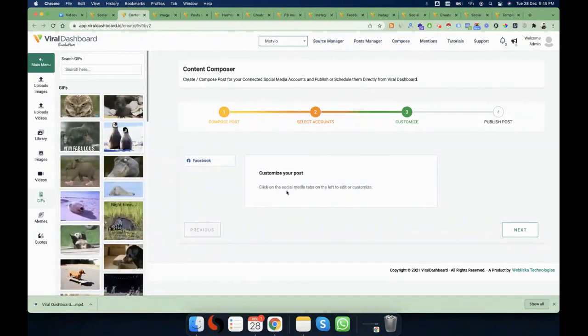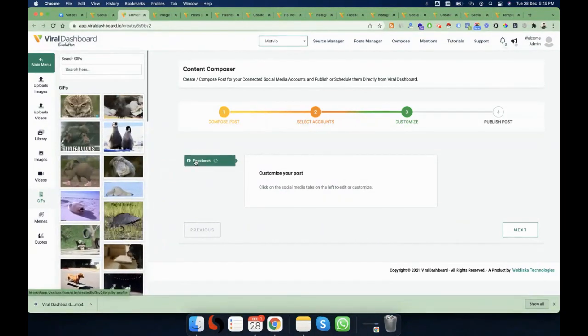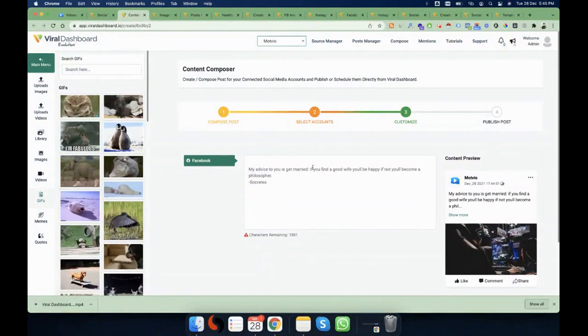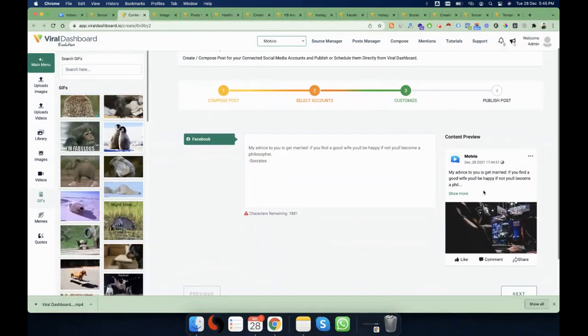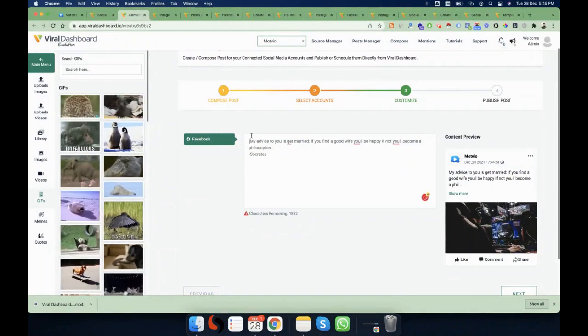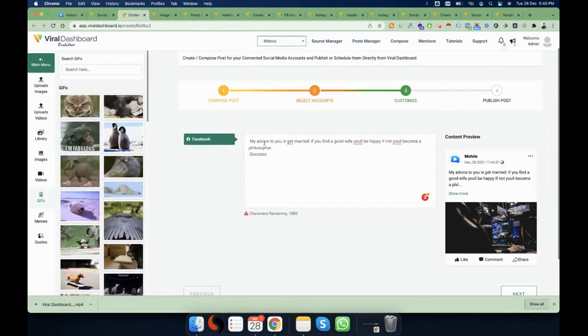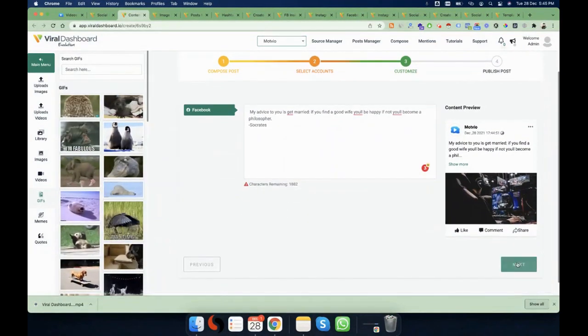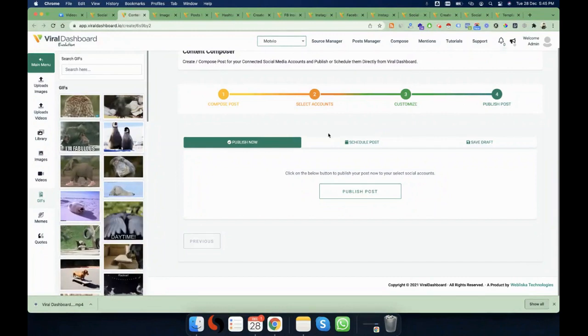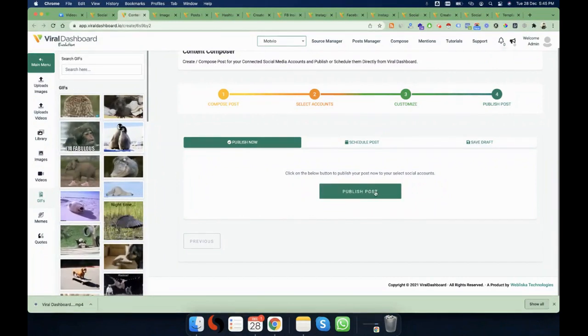So this is the customize step, and you need to click on the Facebook tab to see how your post will look. This is the preview area, and this is your composer. Now this step is very important because in this step, you will be able to modify the content according to the specific social media. Okay, so next step, you have the publish option,